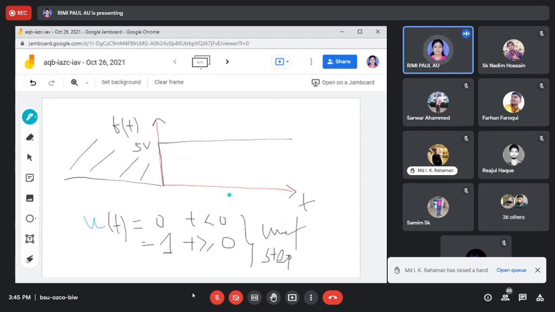Only this signal will be described for this positive part, because if I multiply u(t) with t, now u(t) is 0 when t is less than 0. That means in this part there is no t value. Only the t value is present in this positive part, because t is multiplied with 1 when t is greater than or equal to 0. So we are talking about the first quadrant of the coordinate system, the positive portion of the xy axis, right? We are not taking the minus x or minus y axis. So this is the one thing.